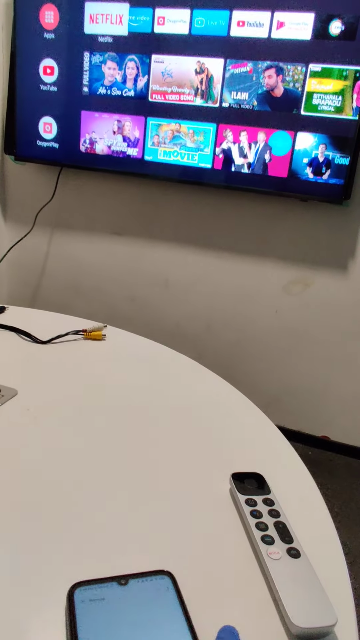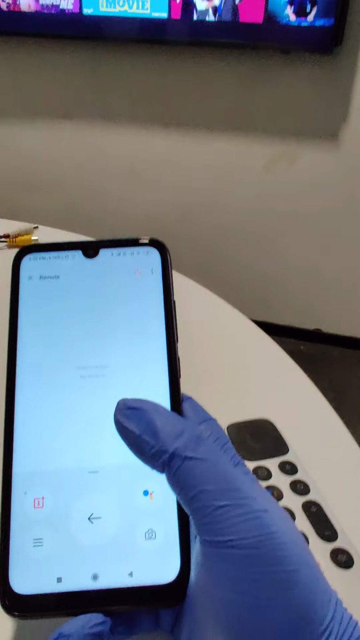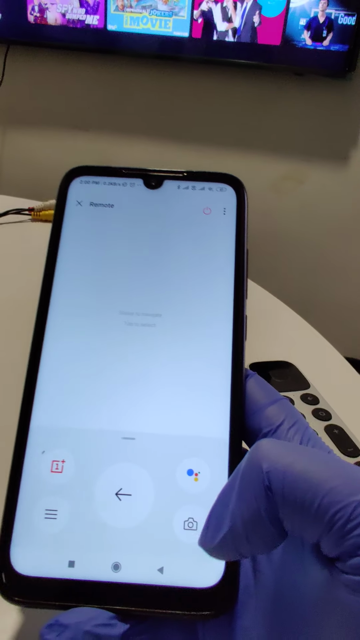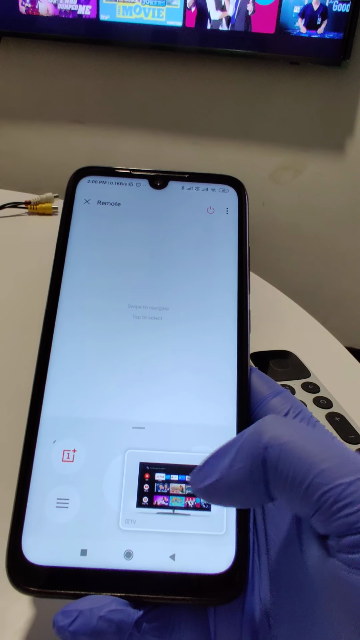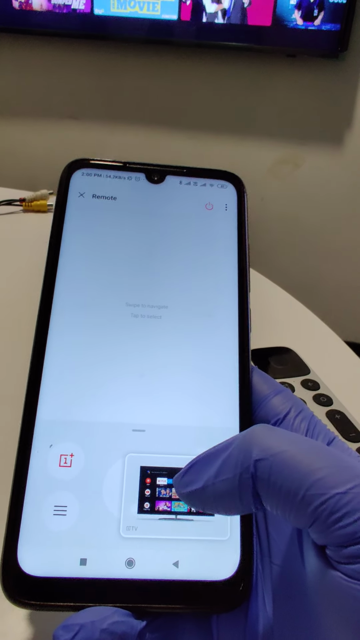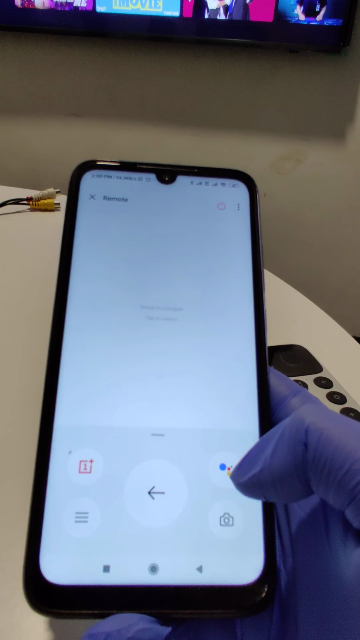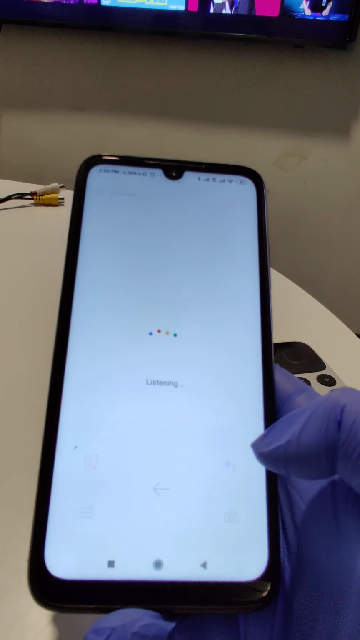Apart from that, we have different options available, different buttons. This button, if you click this, you'll get a screenshot of the TV like this. I've just taken a screenshot, so you can capture the screenshot on your mobile. We have a Google Assistant button. You can click on this and